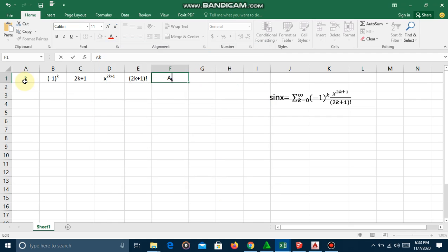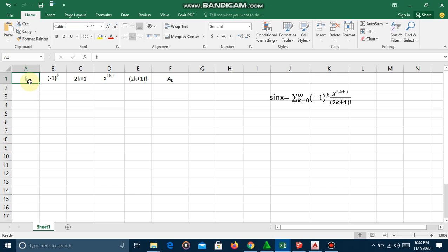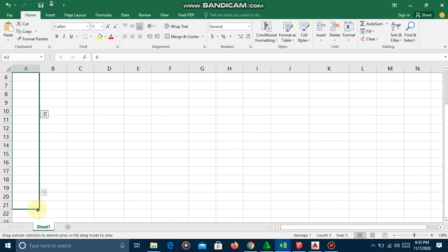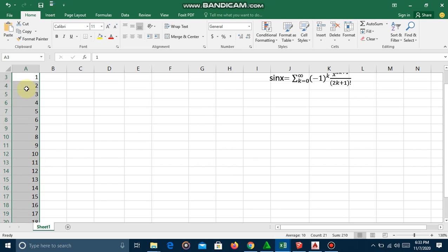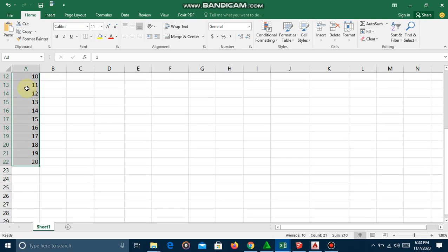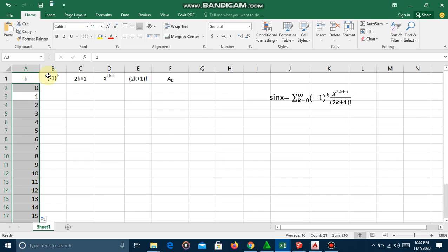So we can now put values of k. Let's say k is numbers from 0 to 20. 0, 1, 2. Then you need to highlight this one, then click this small box here, then drag it down till it reaches 20. Click, then enter. So we have the values of k now from 0 to 20, and then we need to perform this one